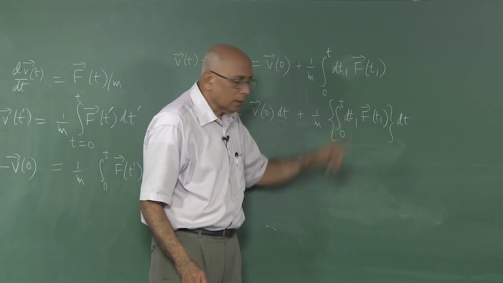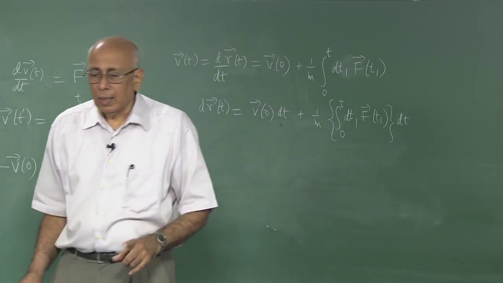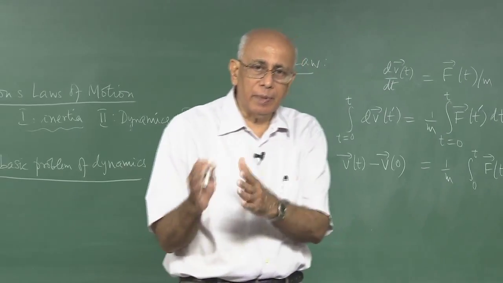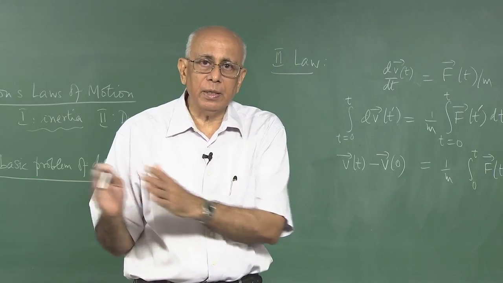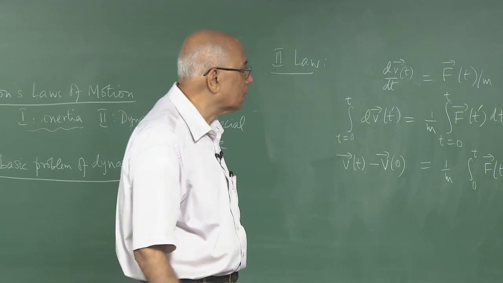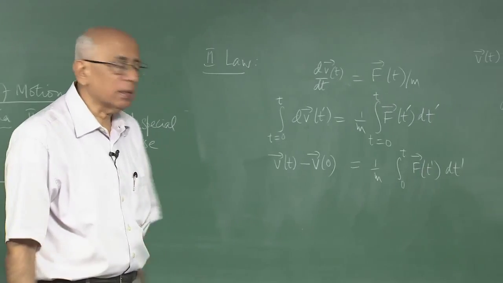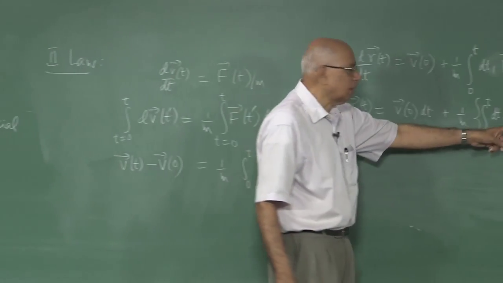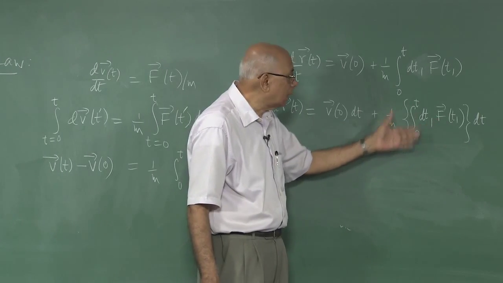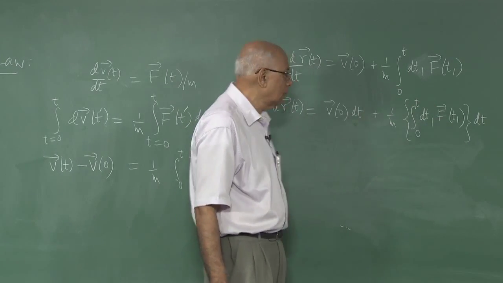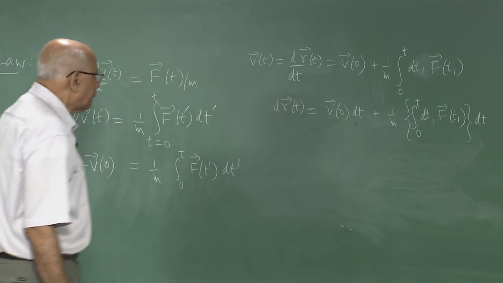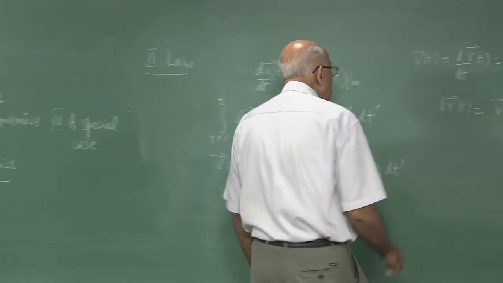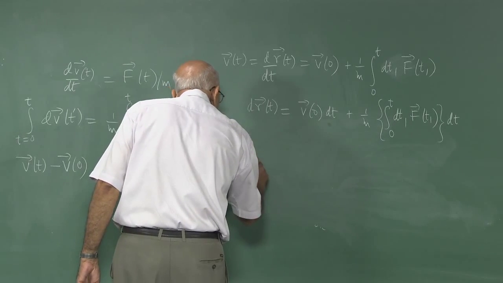But it is a vector function and we should never lose track of that. This quantity here is a vector function, and as you know, the elementary definition of the integral is like a summation. You break up this interval of integration into small infinitesimal pieces and add up all the little pieces that contribute, and here you have got to do a vector addition. So that is what is meant by saying an integral over a vector. Okay. So that is the formal expression for dr of t, and if I integrate it once again, then from 0 to t